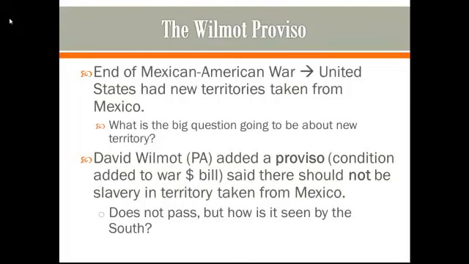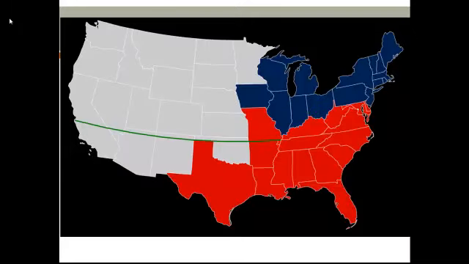And so there was a big debate over this, although the South didn't think that there was any sort of debate. They believed the issue of the spread of slavery into new territories had already been decided by the Missouri Compromise. And so in their minds, all of that southern territory that was gained from Mexico as a part of this war was going to be slave, and any new states that came out of that territory were going to be slave states. So the South is very excited about this.